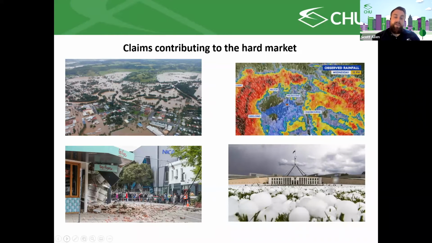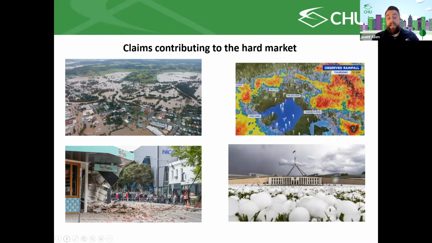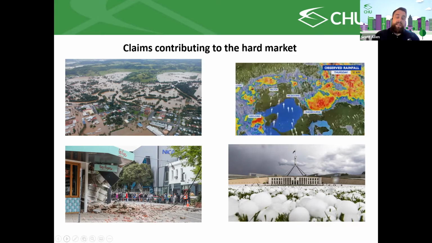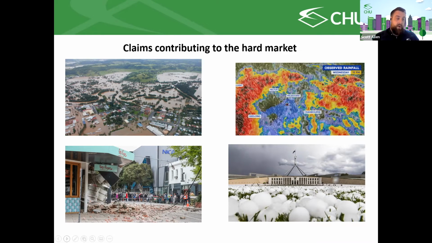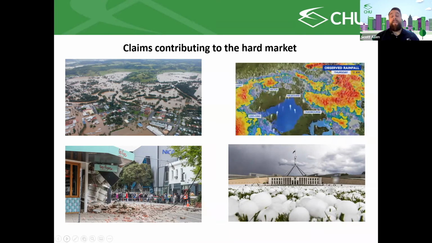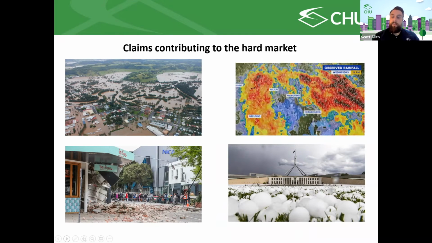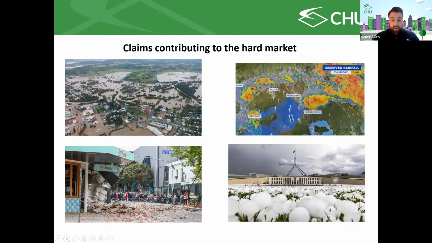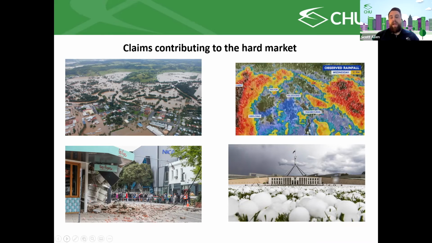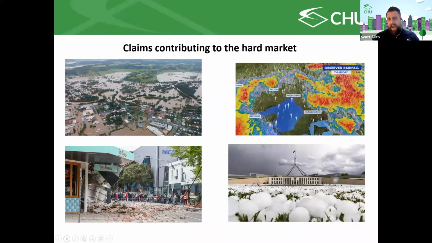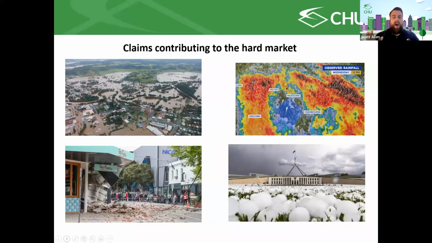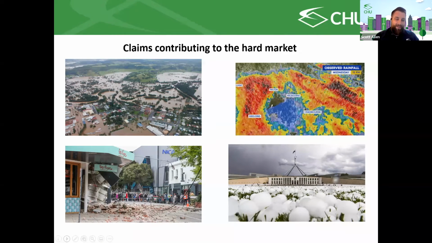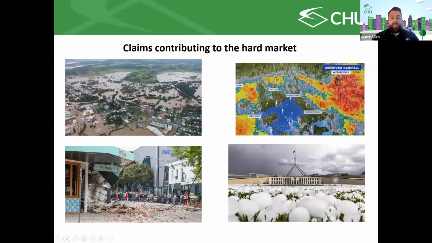So we've got some pictures here. Top left, of course, is the most recent one, Lismore floods. That's been absolutely devastating, and those floods were across the entire sort of eastern seaboard, the northern side of the eastern seaboard, New South Wales, Queensland, and it's caused a significant amount of damage. On the right-hand side, a bit more close to home, we saw the rainstorms in the back end of 2021. They caused quite a lot of damage, roofs off, buildings flooded. And just that rainfall, observed rainfall map, that's over, I believe, only a couple of hours. You can see the hours going by up the top, goes from about 9 to 12 p.m. and it caused an incredible deluge.